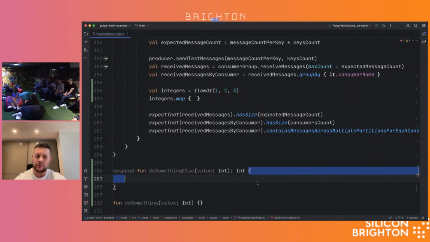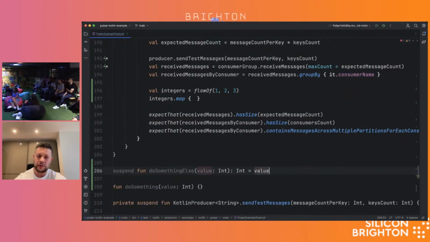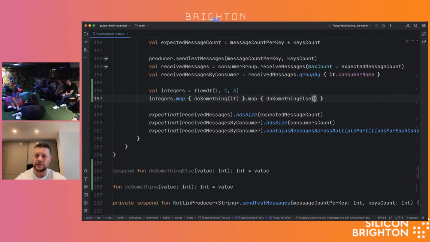Let's not make it particularly complicated. Here what I can do is I can say, hey, map do something, and map do something else. And this works whether these functions are suspending or not without having to take this aspect into consideration.